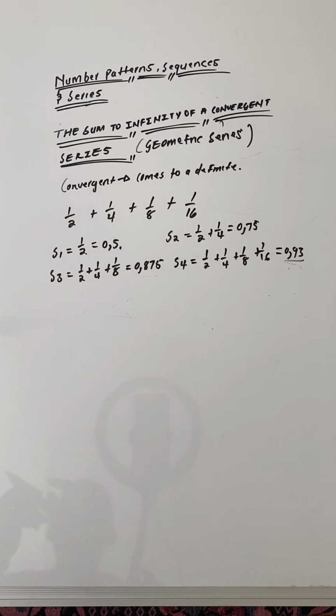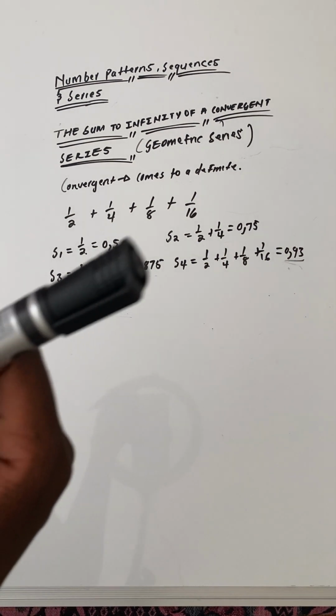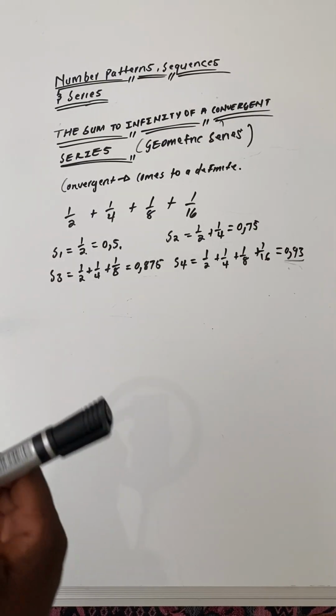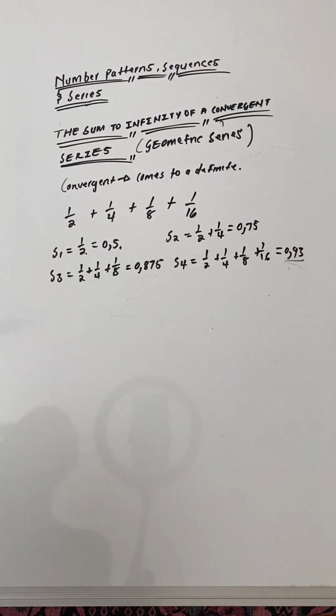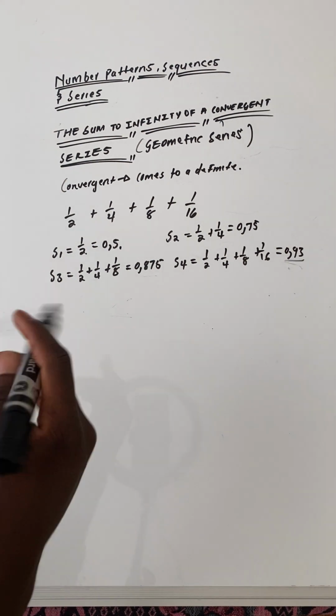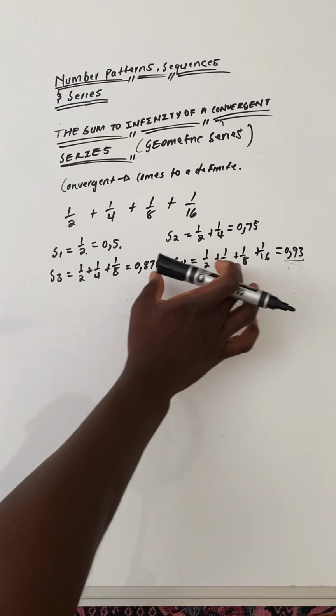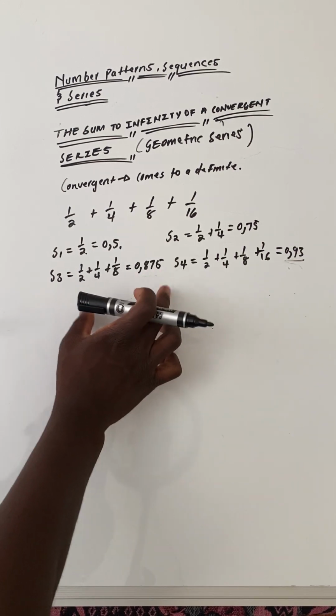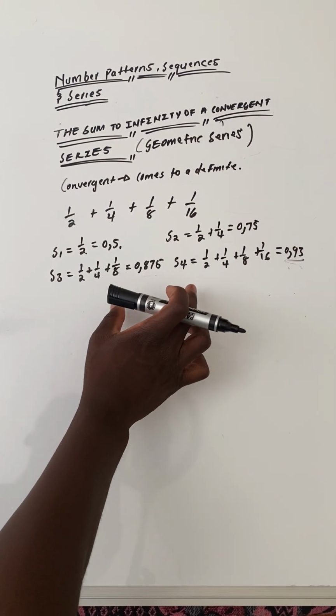So that is why we say that a series is converging, because it is coming to a certain number, right? I hope that this will make sense as we go on. So there is a formula for us to calculate a sum to infinity, or the sum of a convergent series,